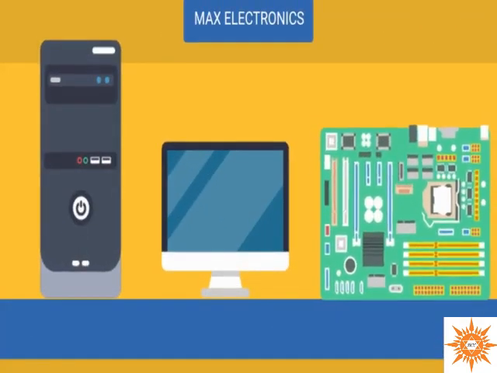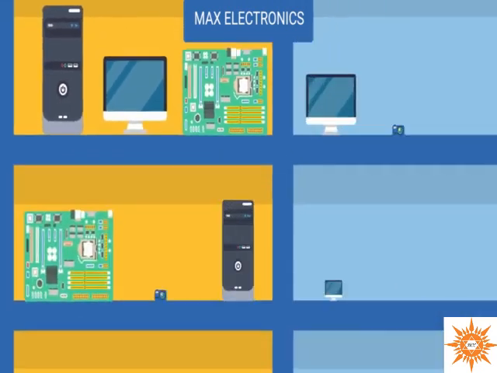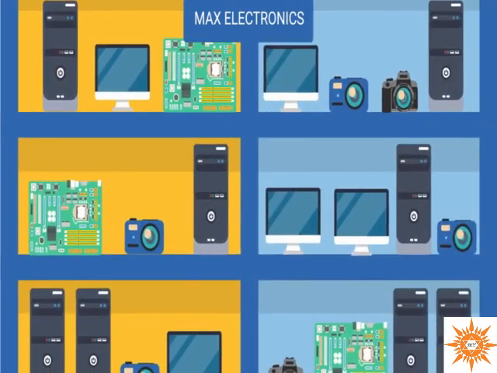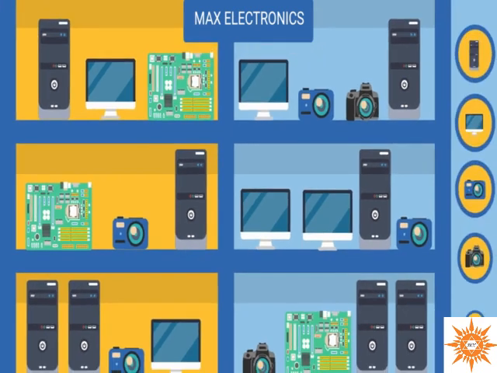Max Electronics is a trading business majorly selling computer parts. They also sell different types of digital cameras. Many times, they want to know how many total computer parts are in stock and how many total digital cameras are in stock. They may also want to know that within computer parts, how many monitors are available, how many processors are available, etc. In Tally Prime, this can be easily achieved by creating stock groups and stock items.